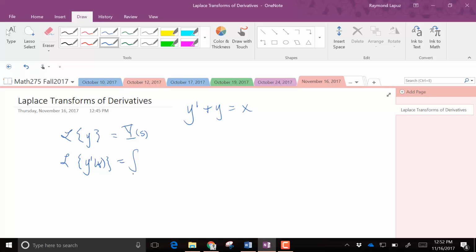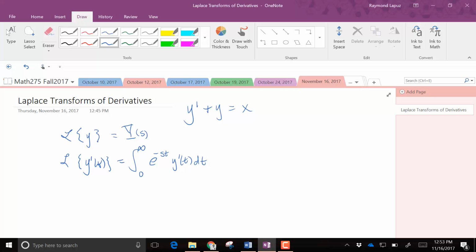So this is going to be an improper integral of e to the minus st times y prime of t dt. Now, what I'd like to do is see if I can write this as some function of y without the derivative. And so if I have a derivative of something multiplied by something else, maybe I could do